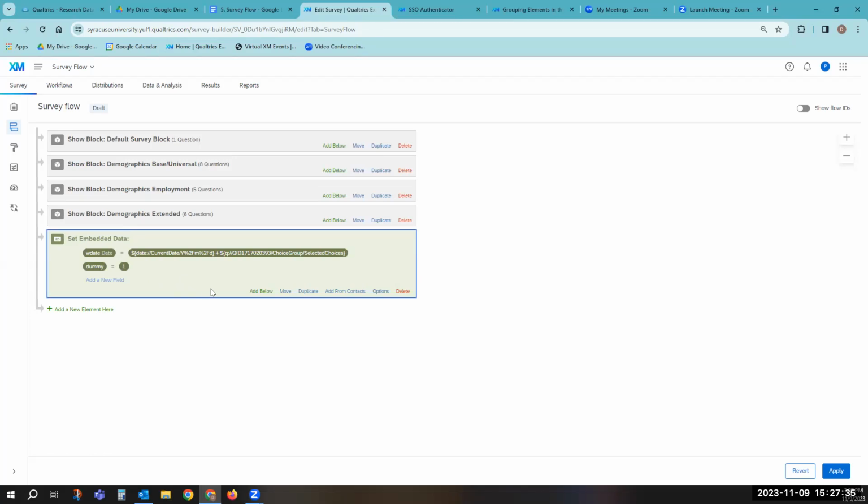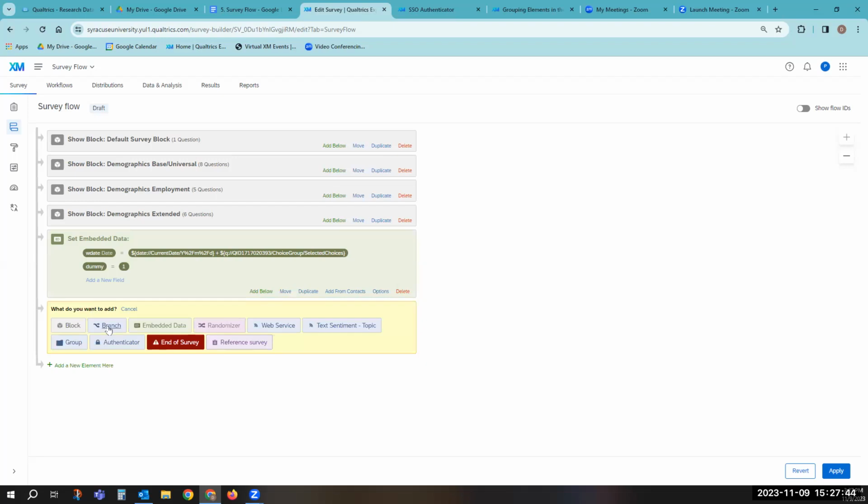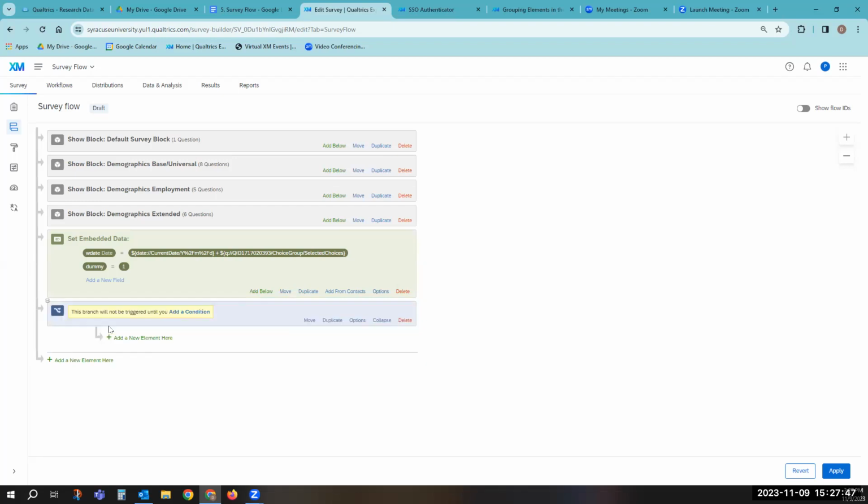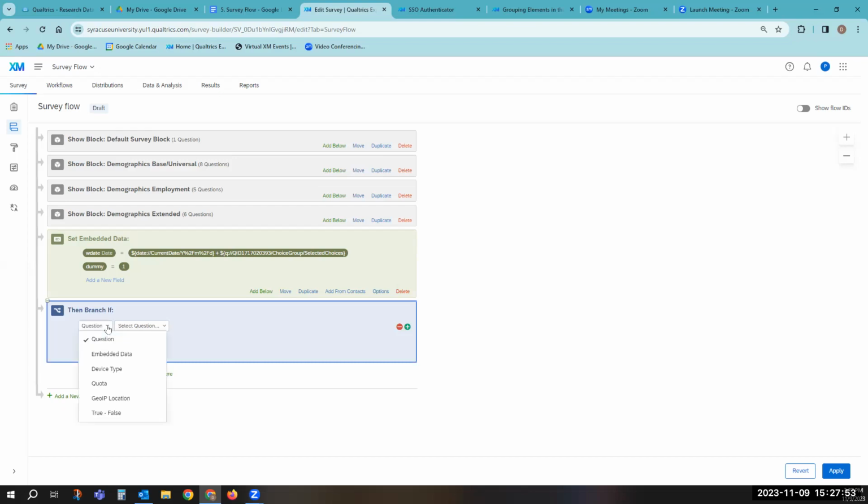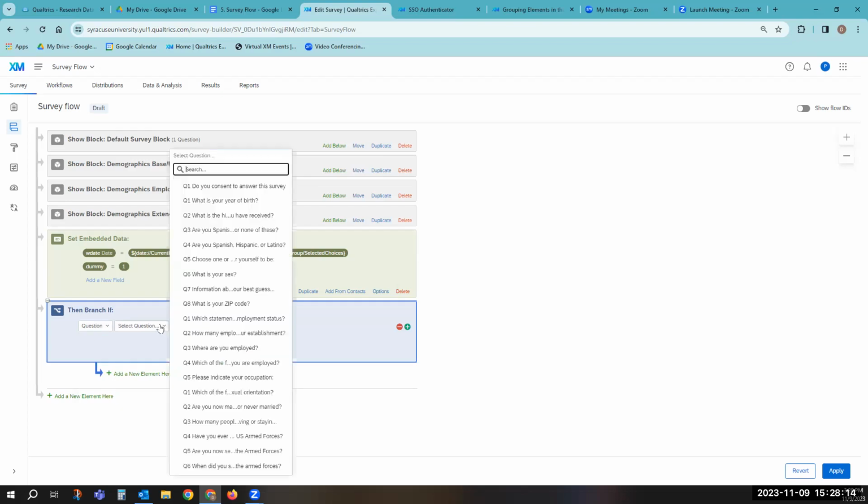You can also use this for doing branching, which we're going to look at now. This is also very useful. Branch will not be triggered until you add a condition. And we've seen this kind of thing before. You can base it on a question. You can base it on embedded data, what type of computer the respondent is using, quota information, their IP location, and whether it's a true false type of question. We'll select question and let's just